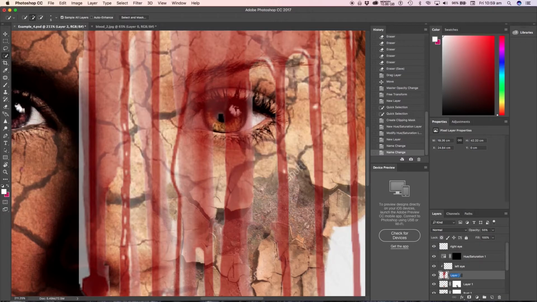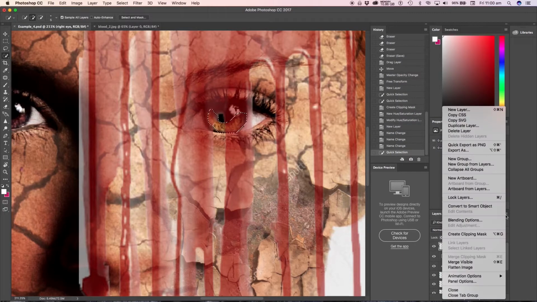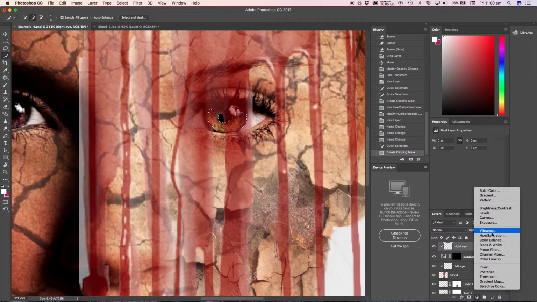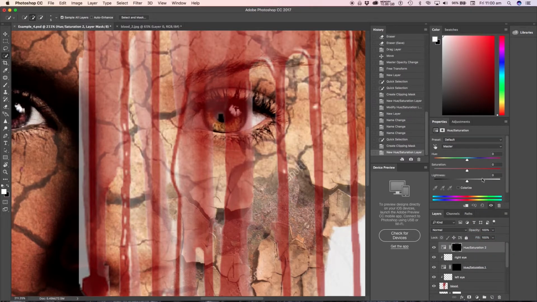And this was our blood. Always good to label it. Alright, so select the layer, select the quick selection tool. I'm going to go in for this. That'll do it. Same again, selection button, create a clipping mask, yin yang, hue saturation, and we might go,